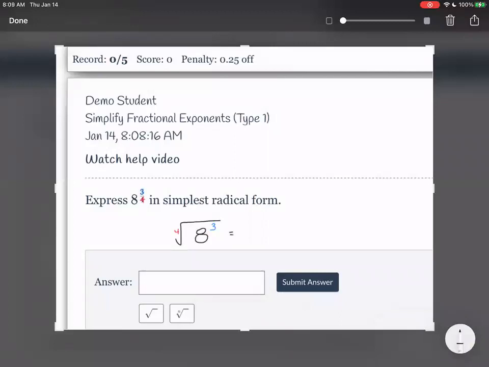And so let's simplify this. We have the 4th root of whatever 8 cubed is. So I'm going to use my calculator to help me out. 8 times 8 times 8. Remember, you're allowed to use calculators. 512. Okay. And then we need to know if this is simplifiable. So in order to simplify it, I'm going to take a look at what root number we're doing. So we're doing a 4th root. So I'm going to check 2 to the power of 4, 3 to the power of 4, 4 to the power of 4, just to see if